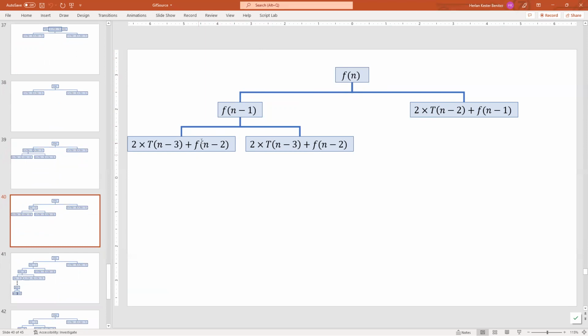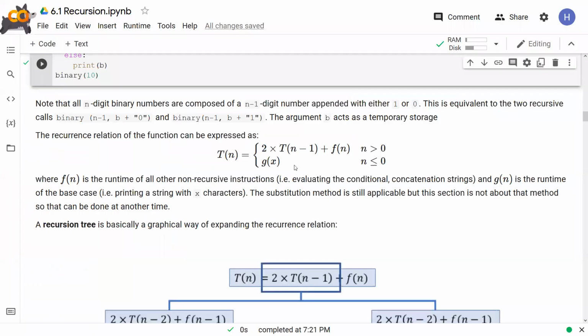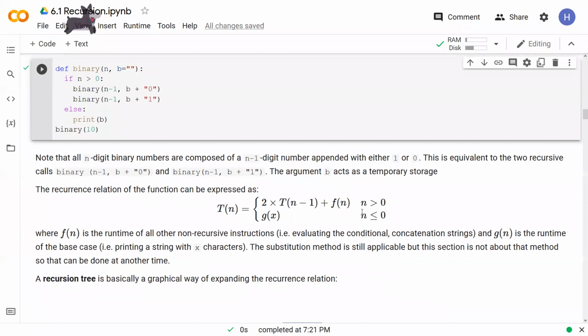Then, I can actually expand this again and again. So matatanggal yung recursive call, may iwan yung f of n minus 2, and you can predict, so may pattern, di ba? So f of n dito, f of n minus 1 dito, f of n minus 2 dito, n minus 3 dito, and eventually pupunta siya sa f of 1. And then pagdating sa f of 1, going back to the function, magiging f of 0, and magiging dalawang call